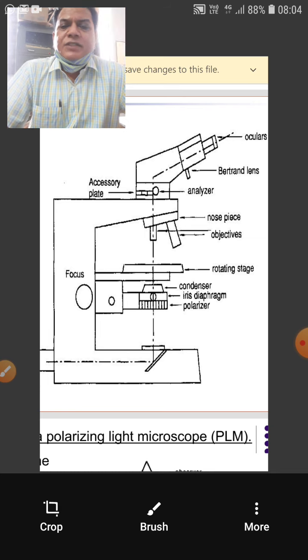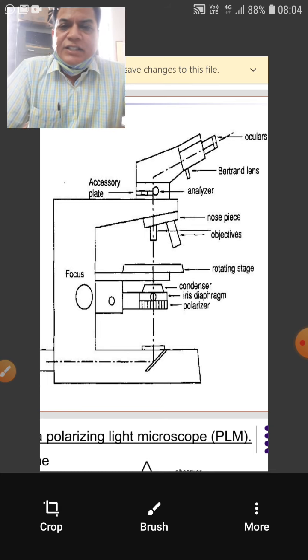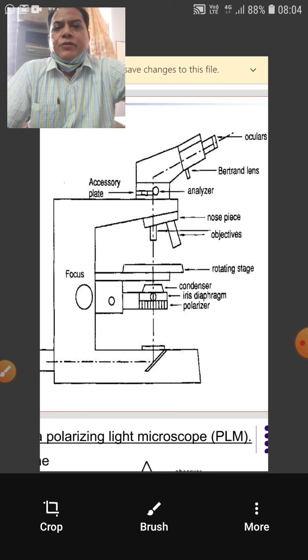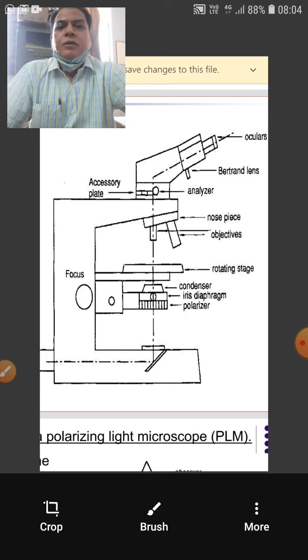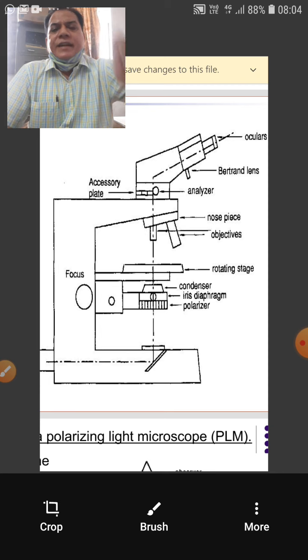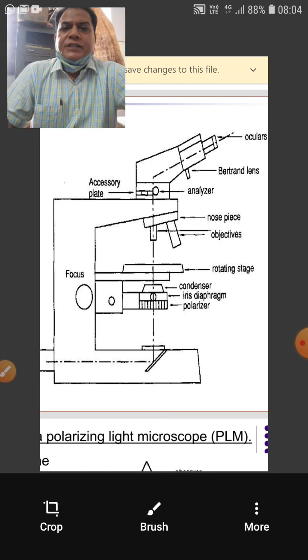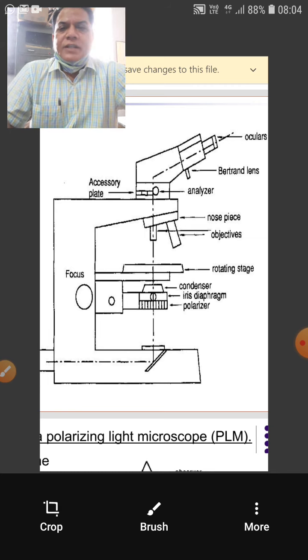If you are observing certain features, for example a graphic intergrowth, it means there was eutectic crystallization. For example, you are observing a granite and you find, in addition to hypidiomorphic texture, a graphic texture. So in the genesis part you will write that there had been eutectic crystallization and hence the graphic intergrowth texture was noticed. This is just a model and outline of how to describe a rock in thin section.